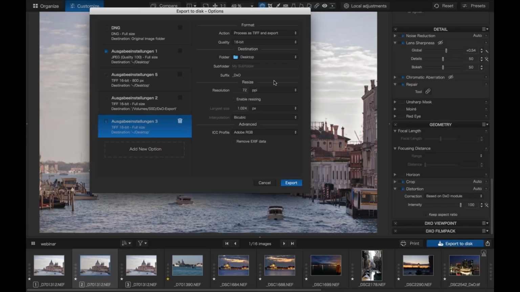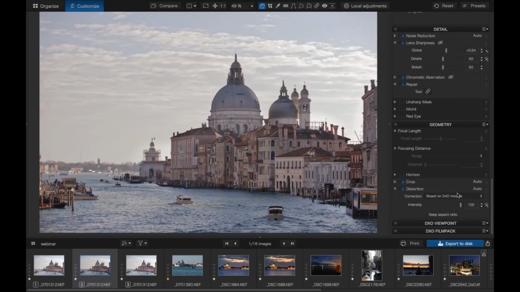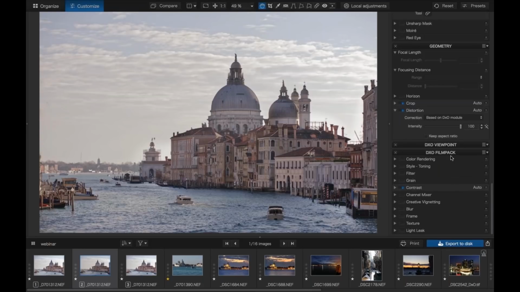You can resize the images when you want, in different interpolations. You can add an ICC profile for your export image, because as we know, the ICC profile, the color profile, has been set on the export. When a raw file comes out of the camera, it doesn't matter if you shot it in sRGB or Adobe RGB. This one has been set using the raw converter. But as I said, I wouldn't be finished, and here it comes where I would jump, in this case, to my film pack and simply add